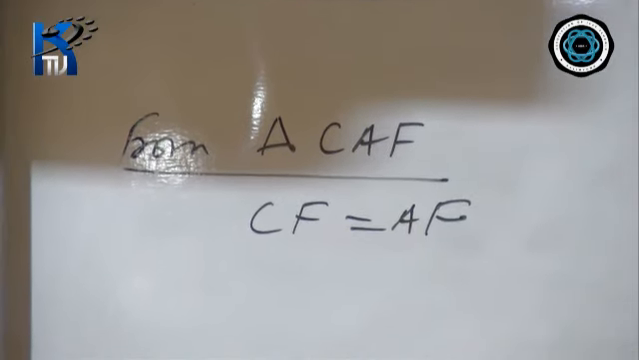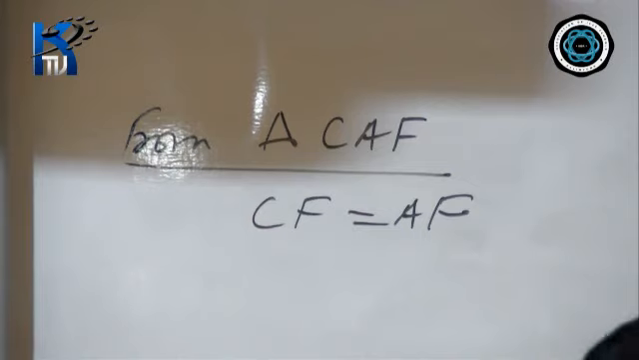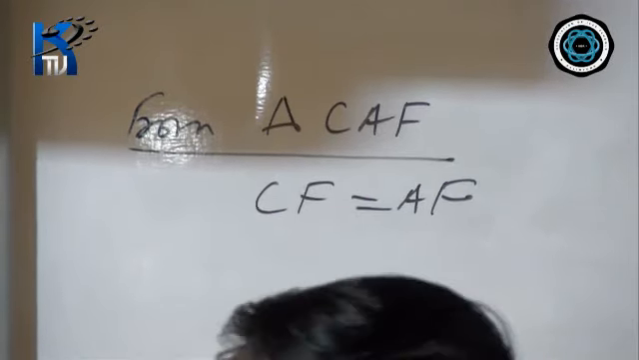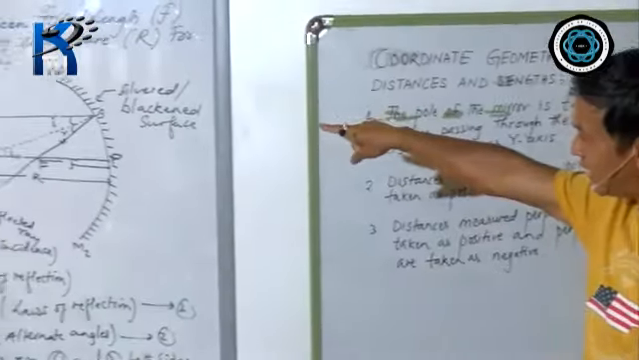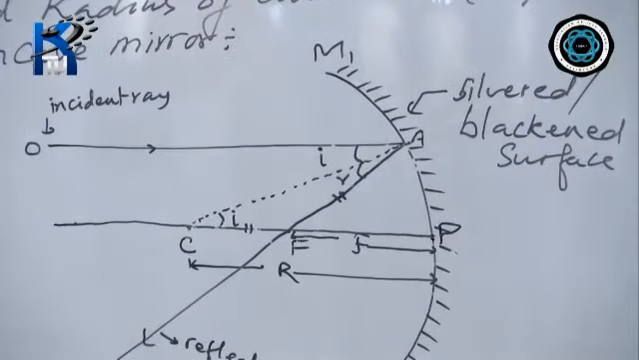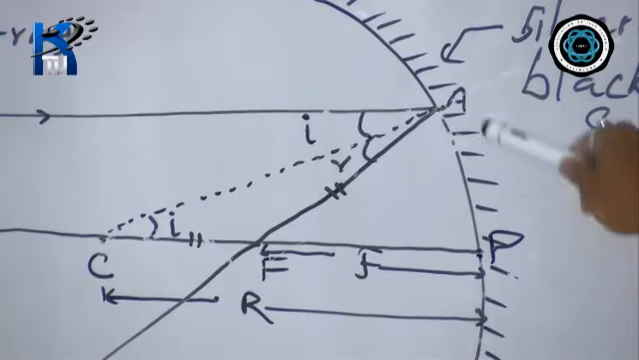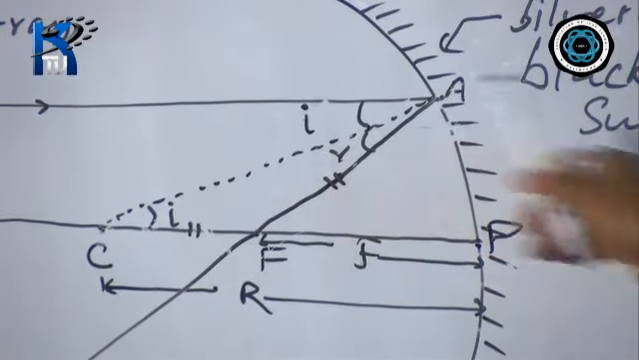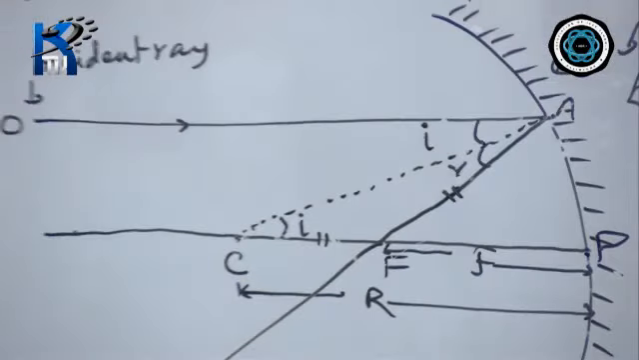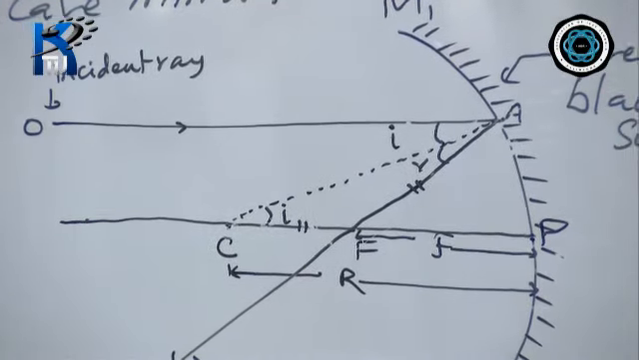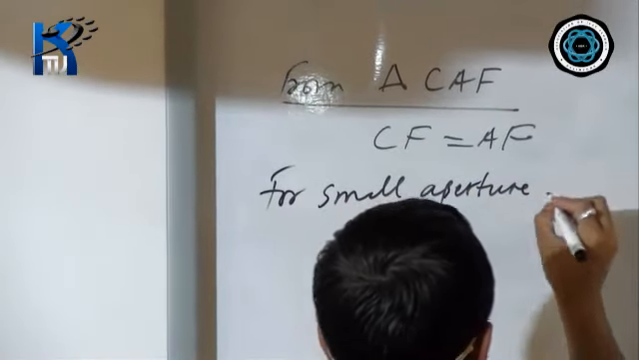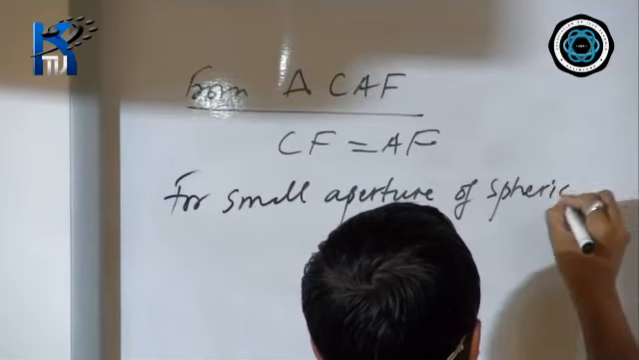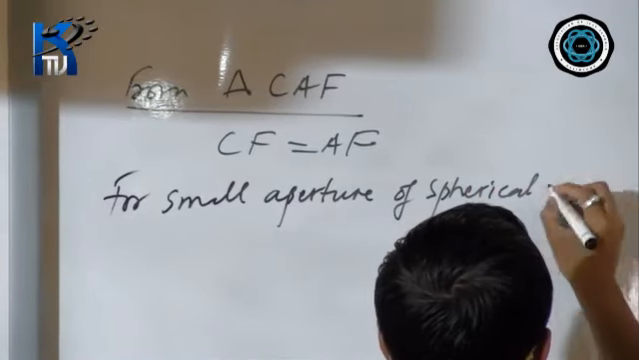Now if CF equals AF, then we take one important consideration. As I told you, the aperture of the mirror is very small. When the aperture of the mirror is very small, then the point A, as you can see in the diagram, lies very close to P. That means A and P lie very close to each other, and because of that we are taking the incident ray as a paraxial ray. So for a small aperture of the spherical mirror, and we are taking the concave mirror,